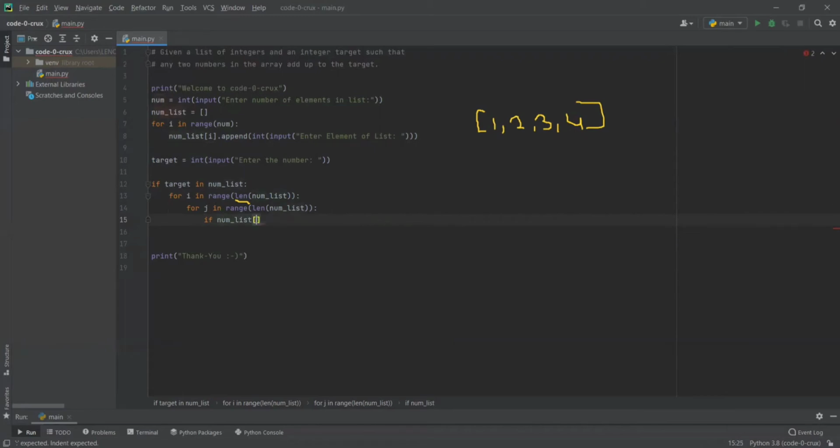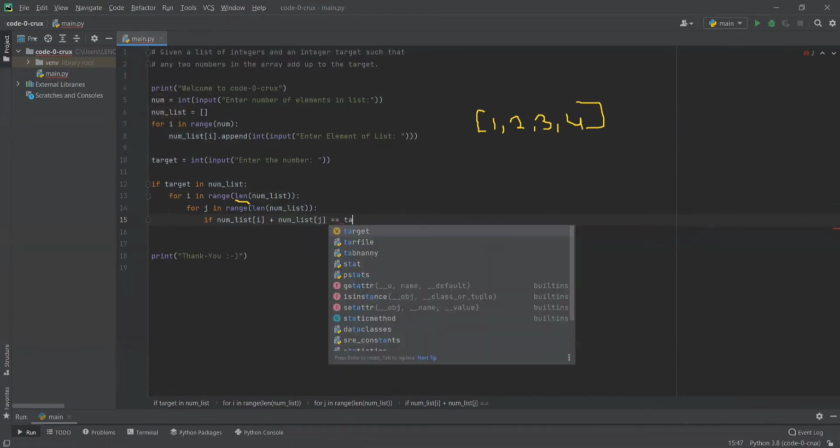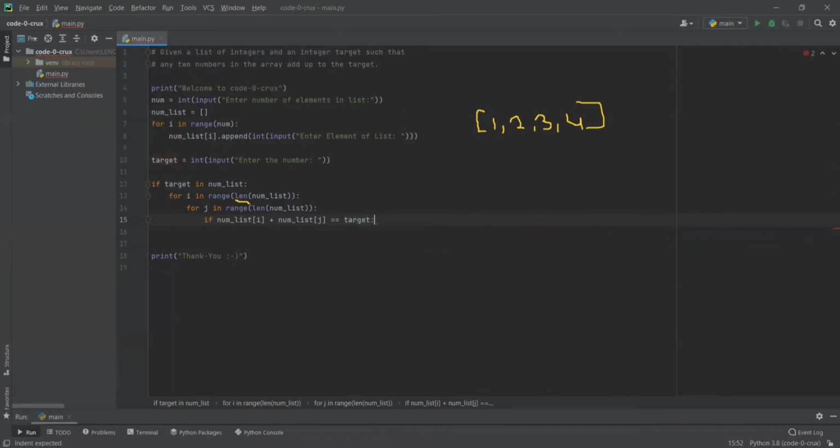And over here, the logic, or why we have created two for loops. Basically, a nested for loop is used because, as you all saw, I is 0, 1, 2, and 3. Similarly, J will also be 0, 1, 2, and 3, the same values. But when I is 0, J will check all the values.